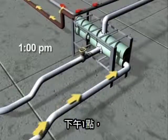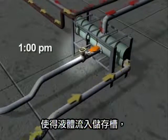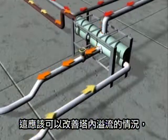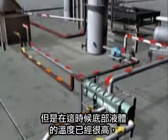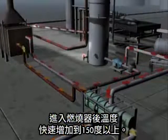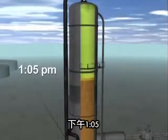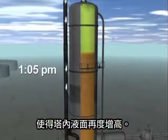At about 1 p.m., operators opened the valve to send liquid from the bottom of the tower to storage tanks. This should have improved conditions inside the flooded tower, but the liquid at the bottom of the tower was very hot, and as it exited through the heat exchanger, it suddenly raised the temperature of the feed going into the tower by over 150 degrees. By 1:05 p.m., the liquid entering the tower was beginning to boil and expand,